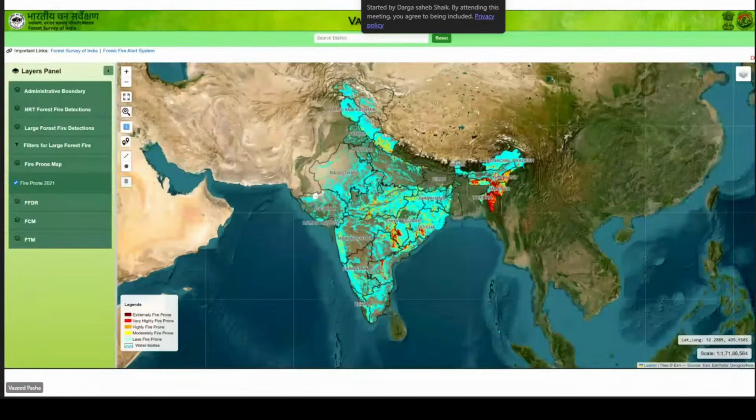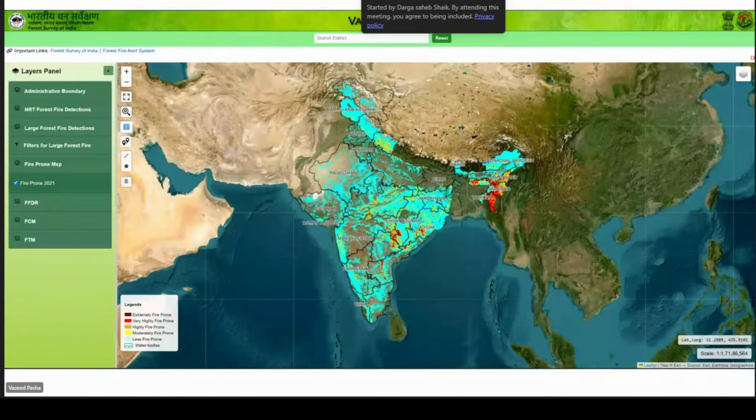India has also created the Agni geoportal by the Forest Survey of India. Here you can go to this website and see the administrative boundaries and forest fire detection, and also the large forest fire detection for a specific past time period.